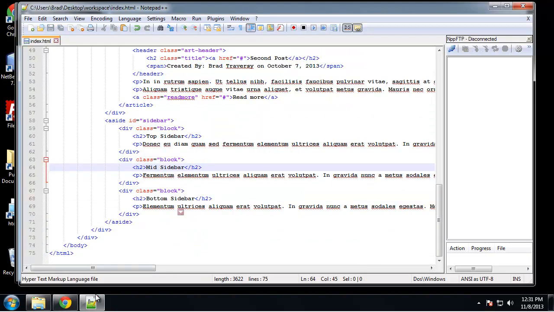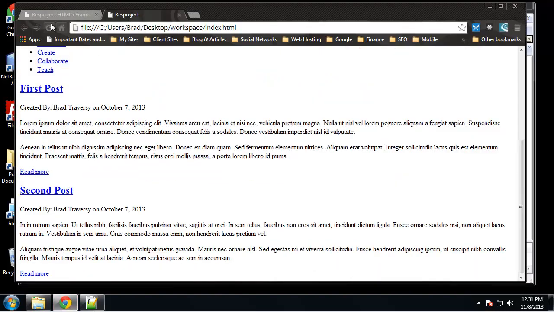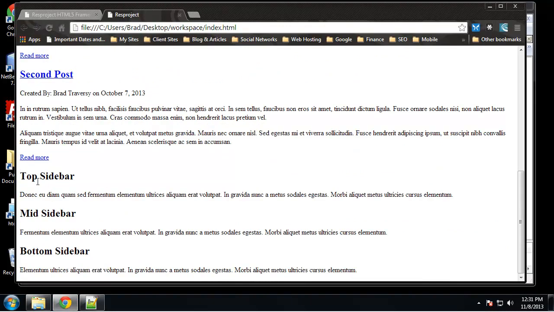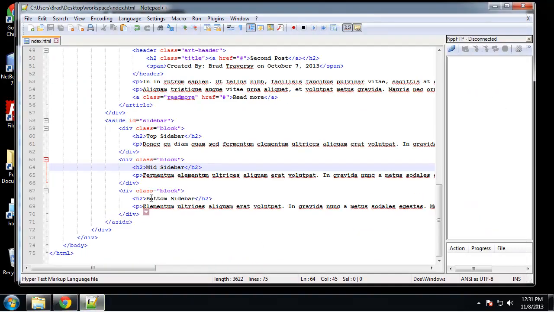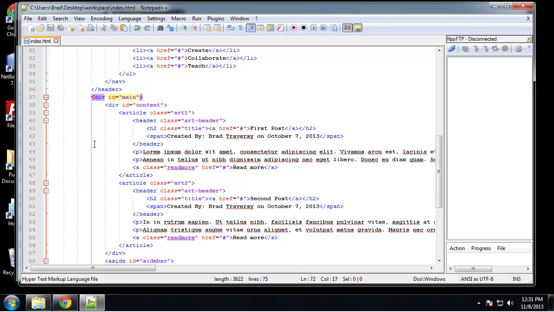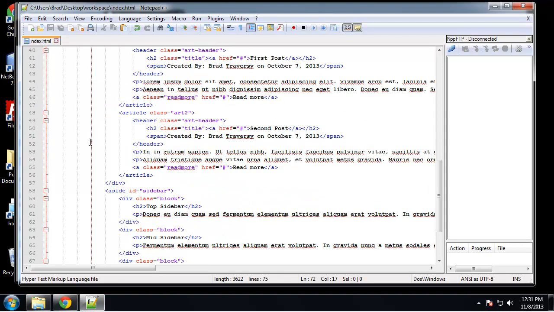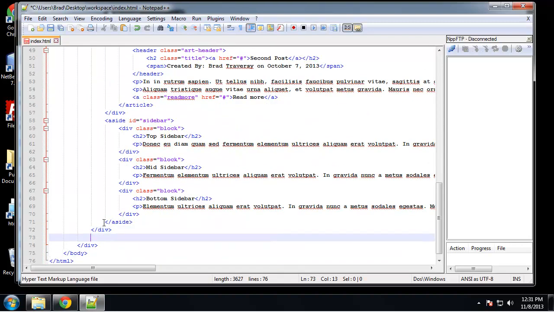Alright, so let's save that. Take a look. Okay, we have our sidebars. Obviously, they're not on the side yet because we haven't styled anything. Alright, so this video is getting kind of long, so I'm going to hurry it up. This is the main div. Alright, so after the main div, we just want to add